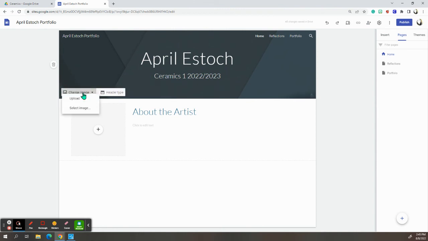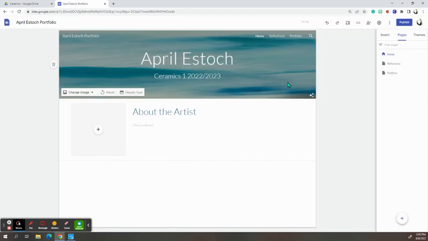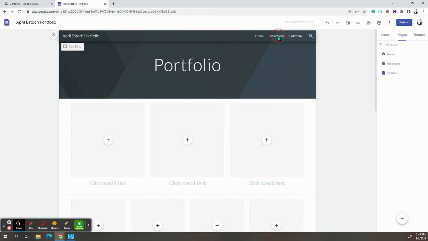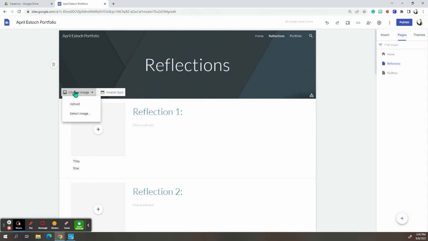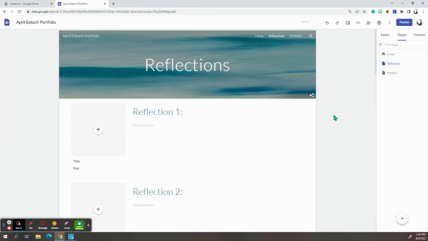you can go to change image. So you can either select an image off of the images that they already have. So you could do that. You'll see if I do this though, it does not change the images on all 3. So you will have to go and actually change the image on all 3. So I just went to select. And you don't have to have the same one on all 3. That's totally up to you how you want to do